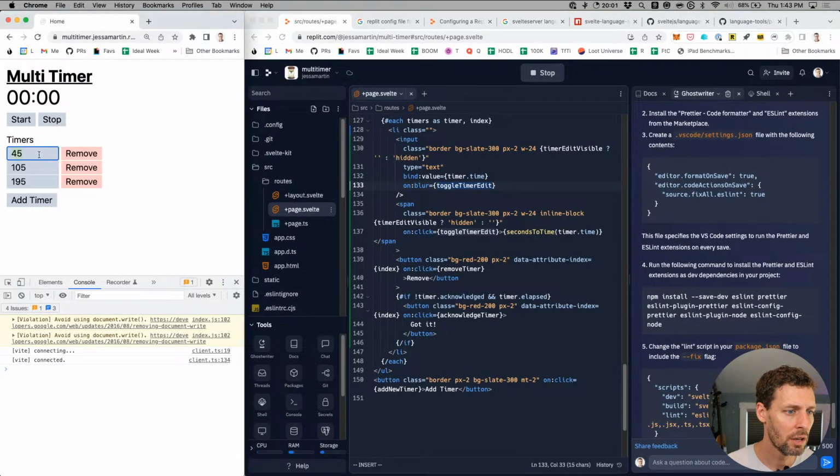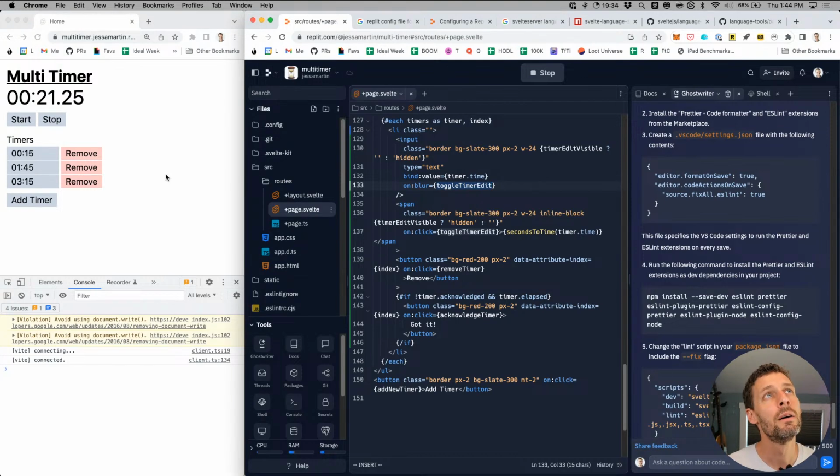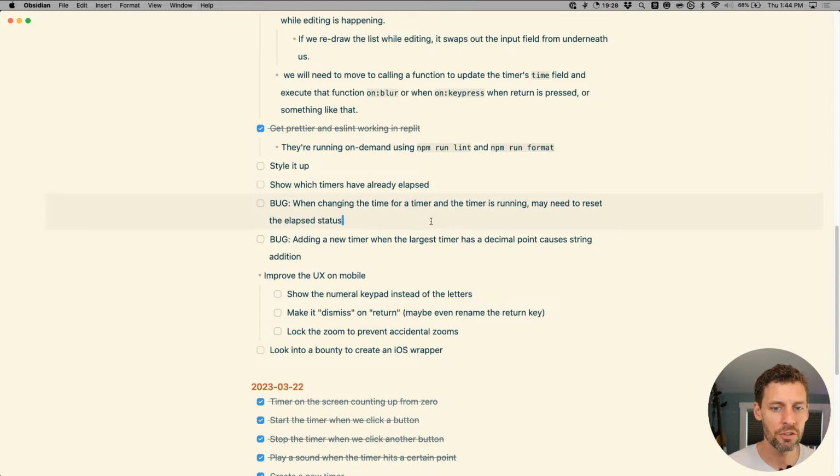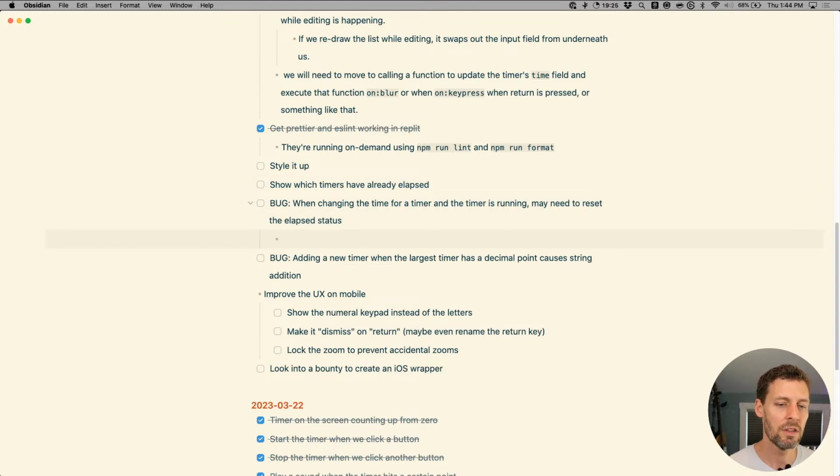Okay, so for an example of that, we'll go ahead and have the timer start. All right, that timer has now elapsed. I say got it. Come in and set this timer to 25 or something near, let's say 15. And then it probably won't get triggered because it's already elapsed. All right, so we'll need to, that's a tricky one because in order to solve this problem, the solution is the same as the sorting problem. So let me go ahead and stop this timer before we start getting clicked at in the background.